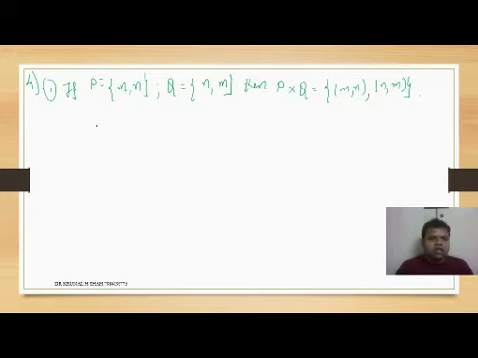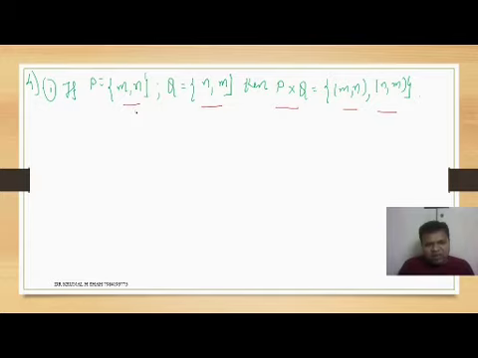Okay. Next, number 4, fourth number. What you are given? True or false. Either they are true or false. This is what you want to find. If P equals to {M, N}, Q equals to {M, N}, then P cross Q equals to {MM, N}.